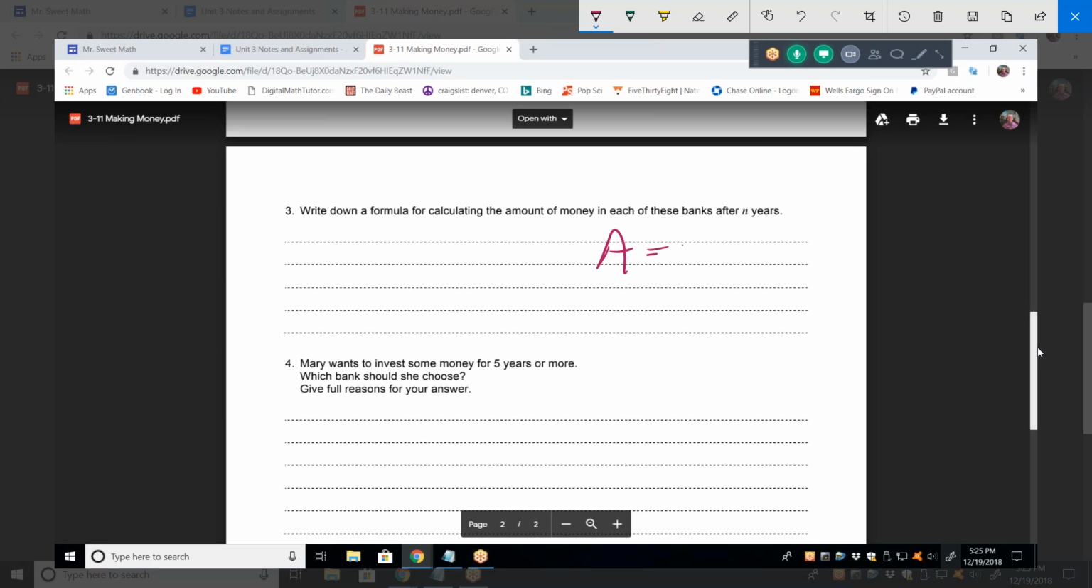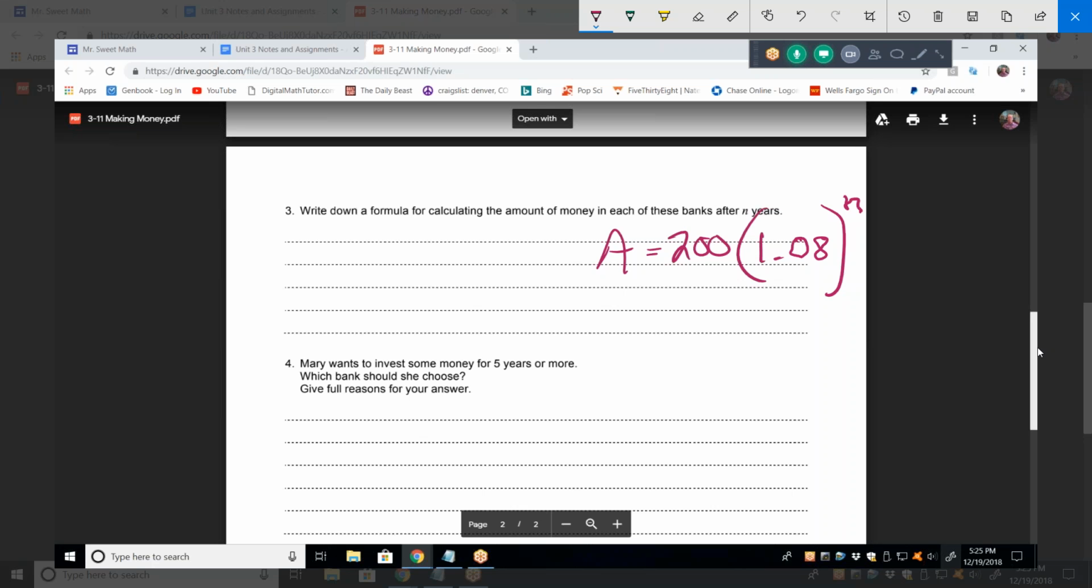So A equals A sub 0. No, we can do more than that. A equals 200 times what? 1 plus r. Yeah, you can write it as 1.08 because we have all the specifics. Then to the power of n,